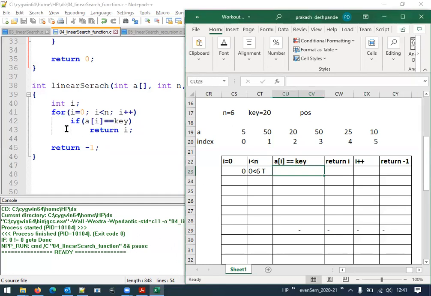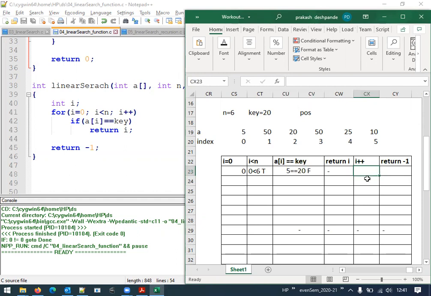Inside the for loop, the first statement itself is an if condition, which has to be evaluated. a of i is a of 0, which is 5. Is 5 equal to the key element, that is 20? No, it is not equal, that means the condition is false. Since the condition became false, this return i statement will not get executed. It will move on to i plus plus.